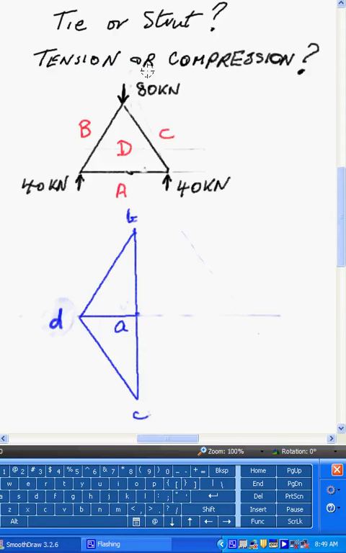Okay, the question is, how do you find out if a member in a framework is in tension or in compression? Assuming you've calculated the reactions correctly and drawn the force diagram correctly, then it's a fairly simple procedure to determine this. You consider each member individually and you concentrate on the end of a member. So we'll look at this member here, which is in our force diagram CD,